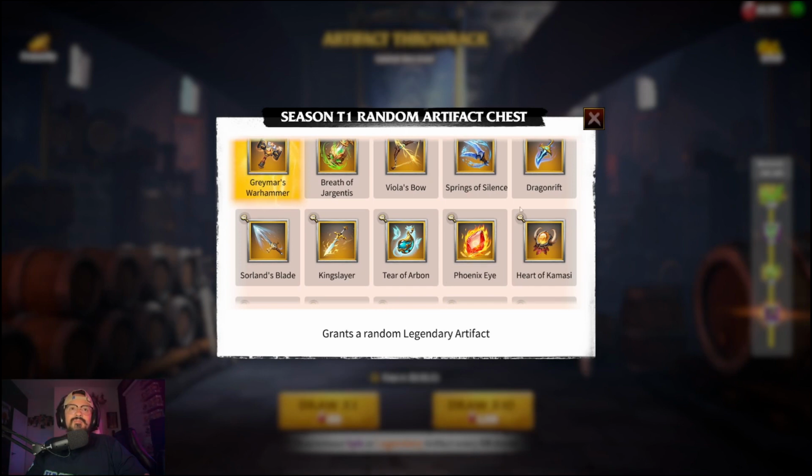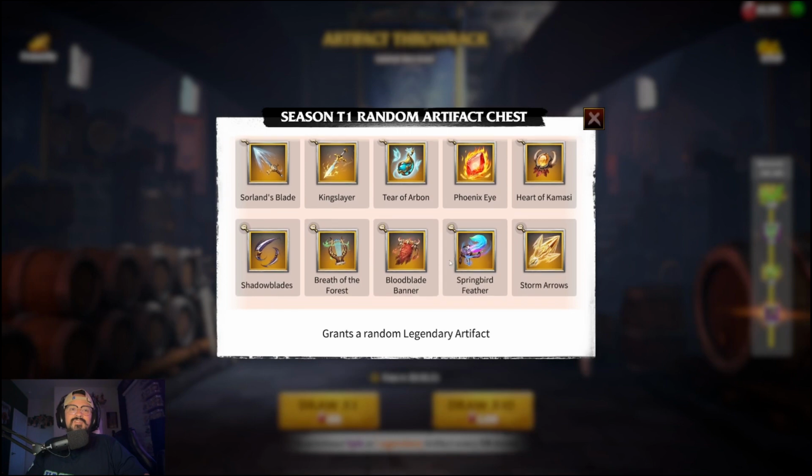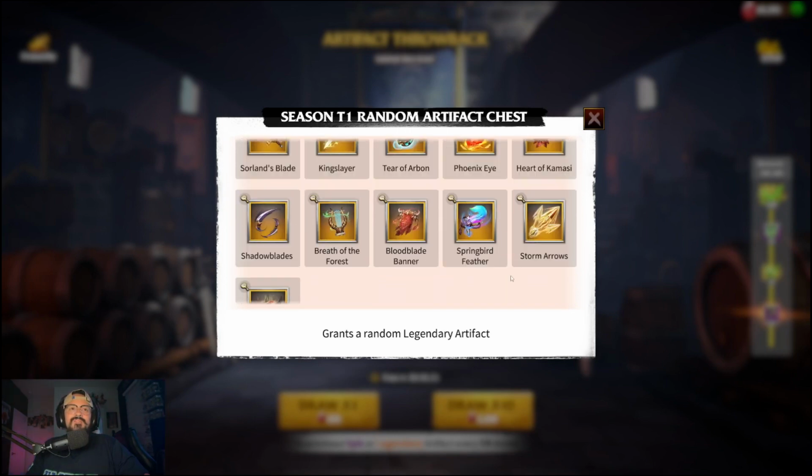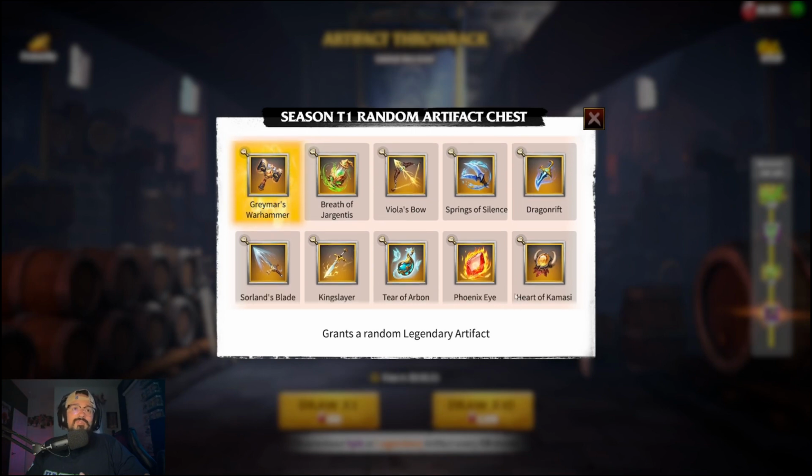I already have that maxed out. I don't need a sword. I don't want a Swordsman Blade, Harkamasi. I don't need any of these. My Shadow Blaze is maxed out. I don't need any of these. I'm hoping for if I could